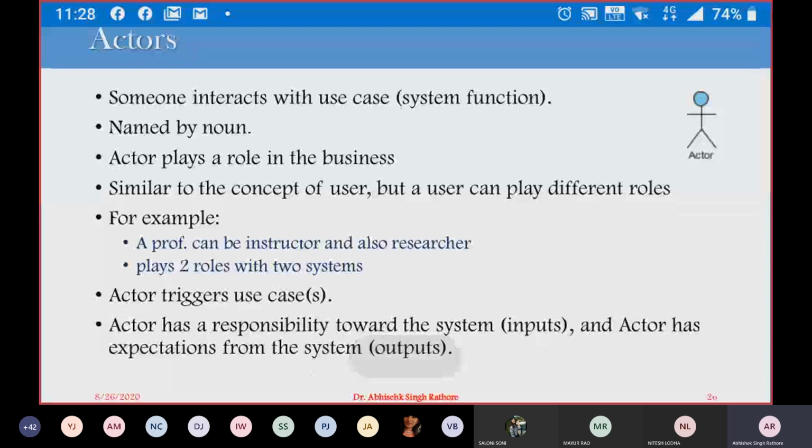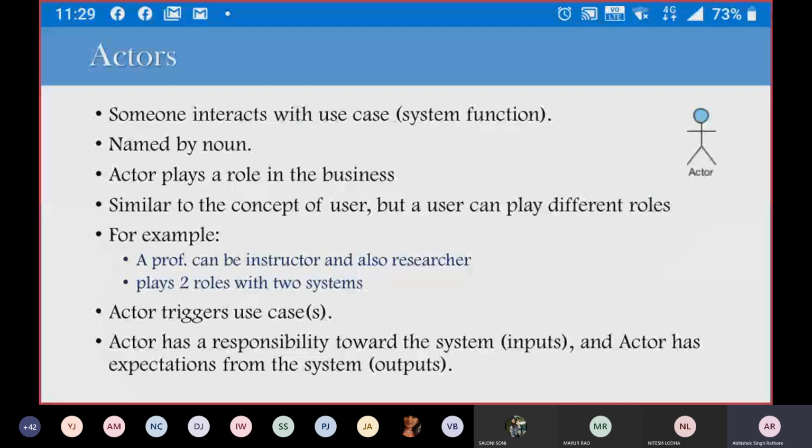Then we have different types of actors that can have different roles, or similar types of actors that can have different roles. For example, I'm a faculty member, so as a faculty member I have to take lectures, give attendance, and take tests. But as a class teacher, I have to maintain all the academic as well as administration part of some classes. So as an employee, I am just a teacher as well as a class teacher. I have two different roles.